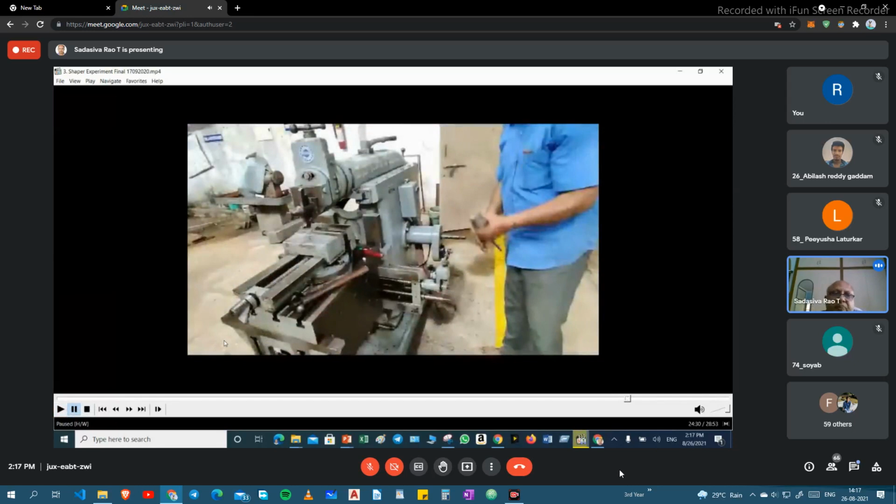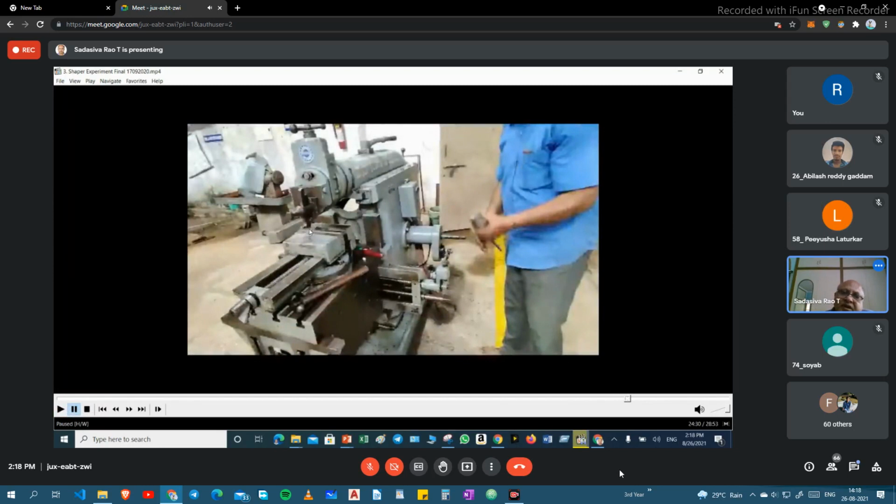Initially, while placing the round rod, the marking and punching is already over. So while setting, one line, that is one side, must be parallel to this line. While setting, we have to take the precaution, because on that line we have to remove the material. If it is inclined, then it's a problem. So that precaution we have to take.